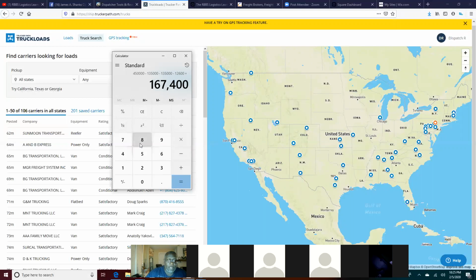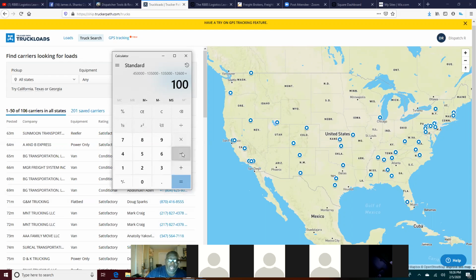Yeah, but that's a very large account. I understand that, but even if it was a very small account, let's say it was 100 loads being sent over, right?